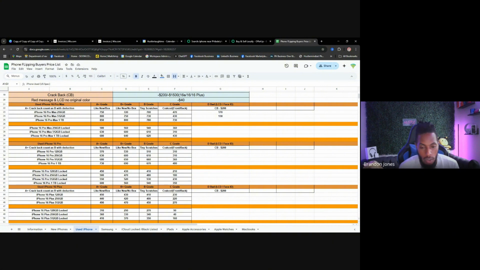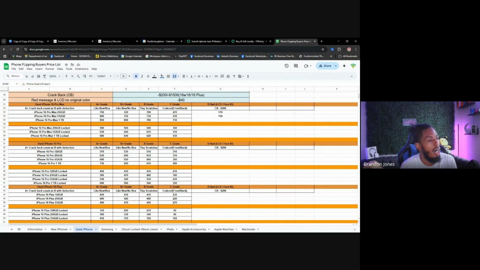Now, the difference between a scratch and a crack is, with a crack, you can run your thumb over it, and if it goes in, it's definitely a crack. But if it doesn't go in, it's a scratch. So it's a phone, a normal wear and tear device. Now, a C grade is going to be something that's cracked, either the front or the back, and has